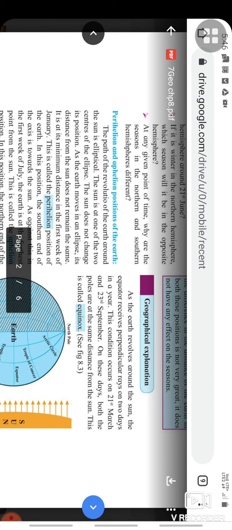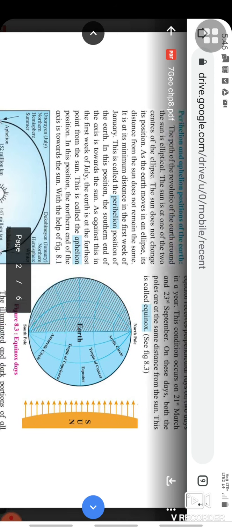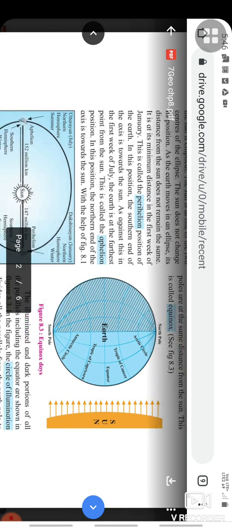Coming to graphical explanation, as the earth revolves around the sun, the equator receives perpendicular rays on 2 days in a year. This condition occurs on 21st of March and 23rd of September. On these days, both the poles are at the same distance from the sun. This is called equinox. If you can see in figure 8.3, the North Pole, the South Pole, Arctic Circle, Tropic of Cancer,